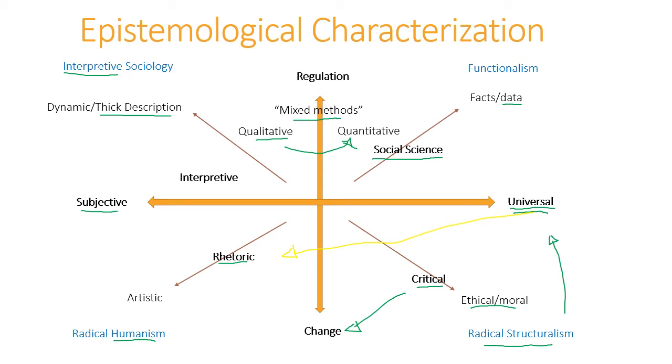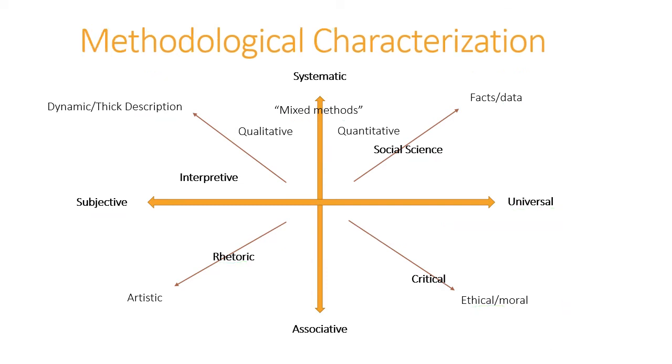Now, I'm going to try to simplify it in the remainder of this video, just so that we can make this more useful to us in a lay sense. All right, in this diagram, the only thing I've changed is these two labels, systematic and associative. And I want to explain that